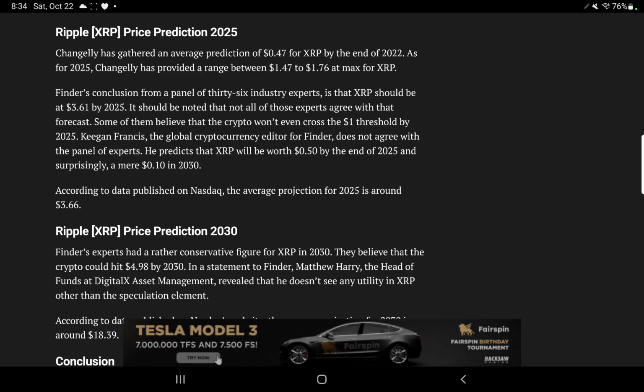That means by 2025, right now, you're going to 8x your portfolio, if not more. So if you put $3,500 into it, you're going to be very happy. You're going to have over 30 grand on XRP alone. And that's just by 2025. And then some people say,